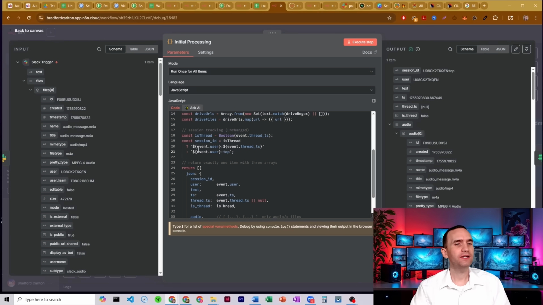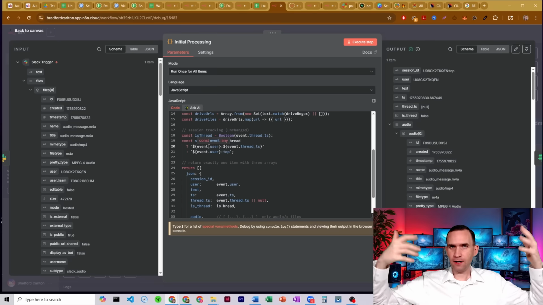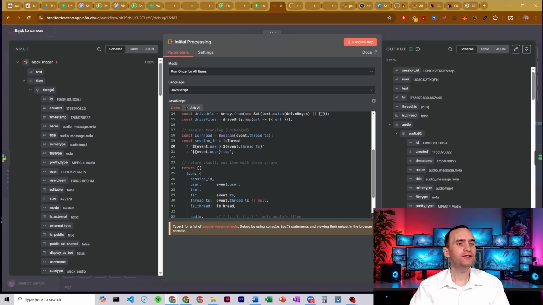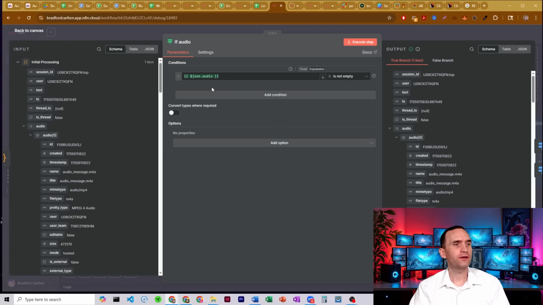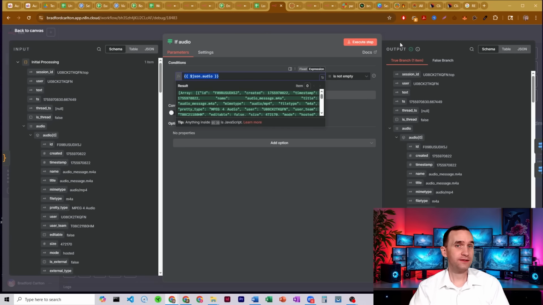And so we do that by giving it the user ID of the person who's sending the message to the bot, and we include the word top. And if it's a further conversation, meaning it's any other message in the thread, we then do the session ID as the user ID and then that thread timestamp that we would otherwise be getting. But because this is the first message, it's going to be top, and then we're just going to move forward from there. We then have an if node that's determining whether or not an audio file exists, and that code